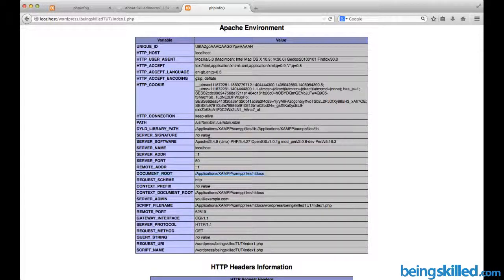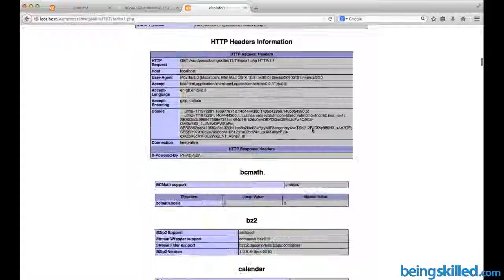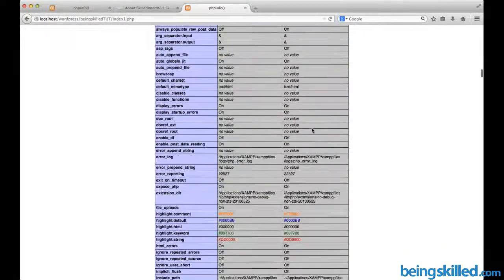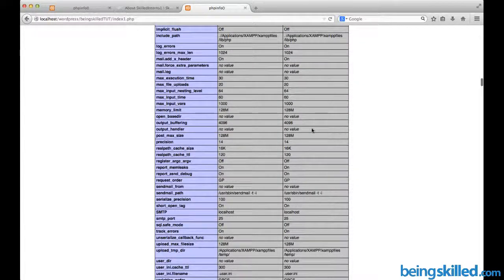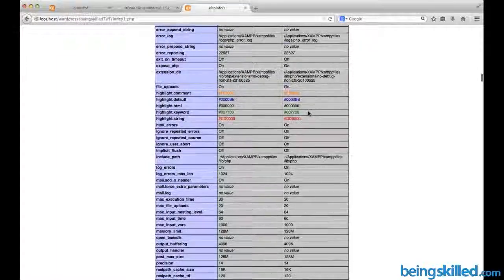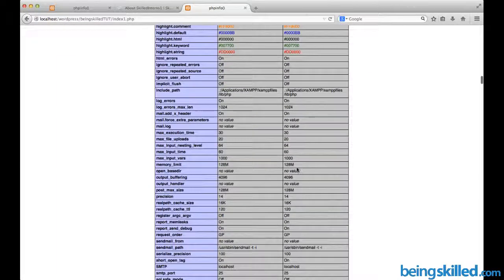Then it tells you about the server software, so we have discussed it before. So you don't need to go through each of them. It's just that whenever some kind of requirement is generated, then you visit this phpinfo and you try to understand and locate where all the values are. For example, the memory limit is something very important, and upload max filesize means the maximum size of file which can be uploaded to the server through the post method, and you can change it through the php.ini file.